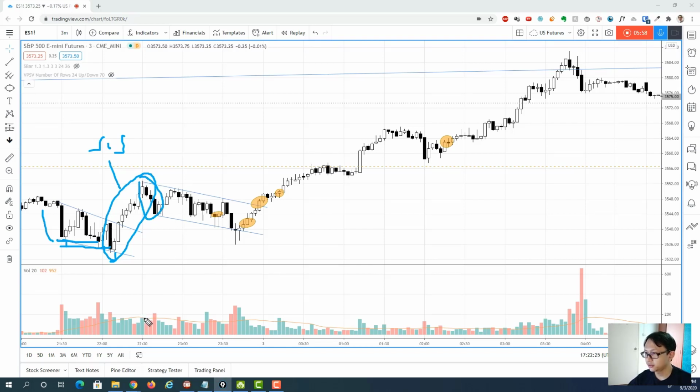But we can see that this backup action has increasing of the supply. So what I was actually anticipating was a test. So here comes the test, and it forms a higher low with the decreasing of the volume. So this is definitely a good sign, but what I would like to see is actually a commitment of